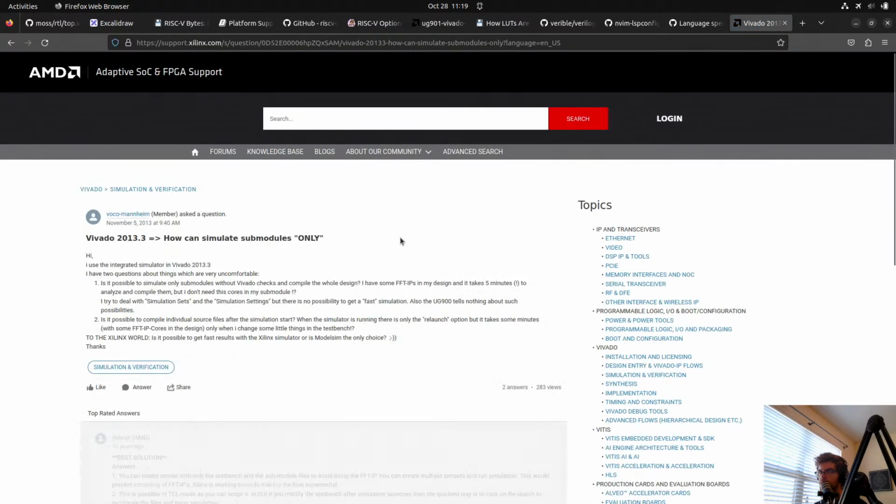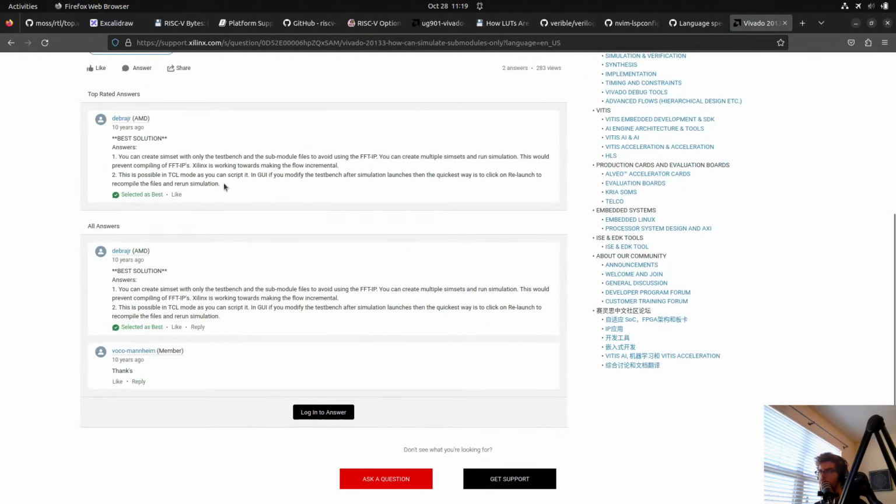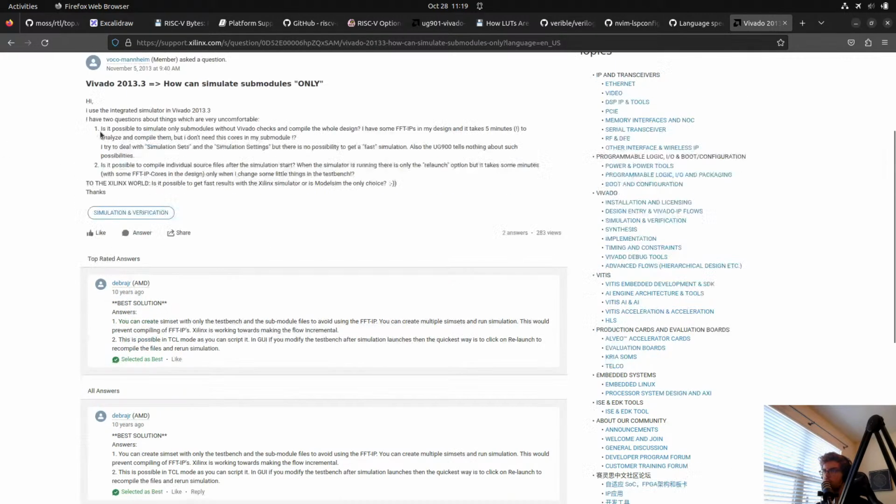Simulate submodules only. In GUI, if you modify the test bench after simulation launches, then the quickest way is to click on relaunch to recompile the files and rerun the simulation.